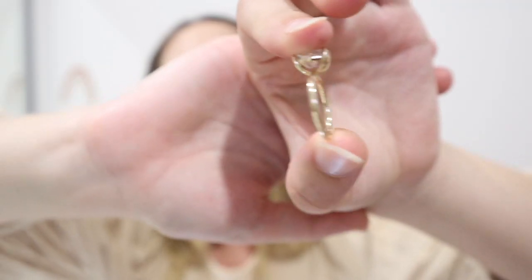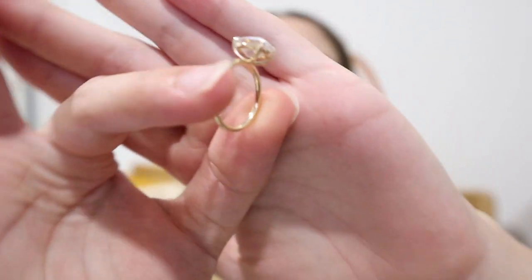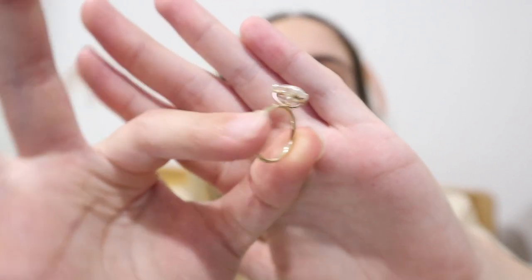I decided to go with quite a thin band, and it is 1.6 millimeters, and the band is completely round. There was the option to go with a more modern band, but I wanted a completely round band, just because of the cut that I went with. I knew I wanted something a bit different compared to the usual modern rings. I wanted something that would bring traditional and modern together, and that is why I went with